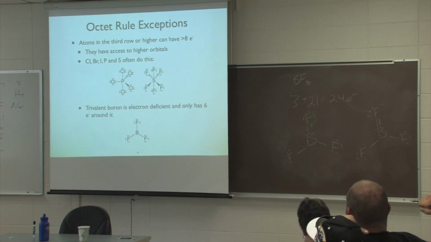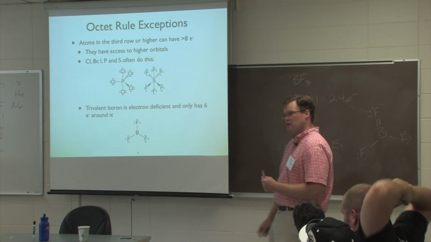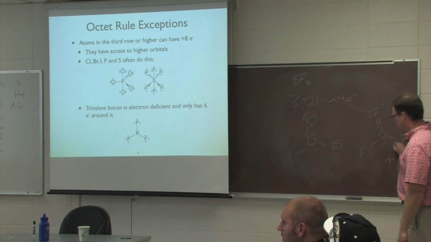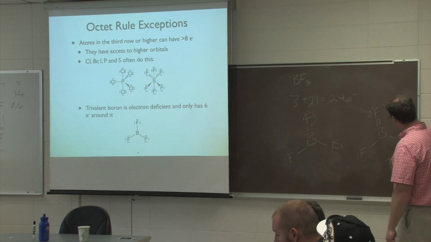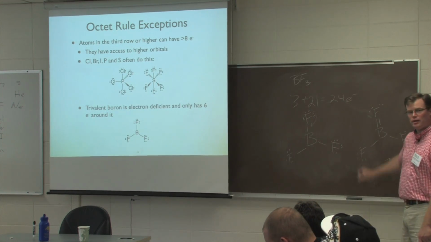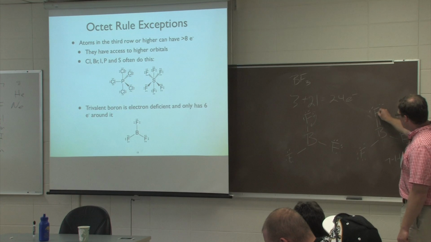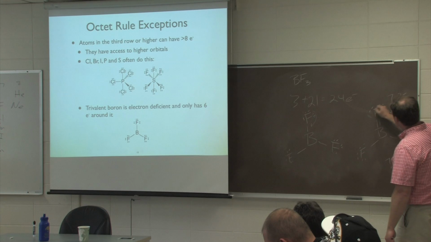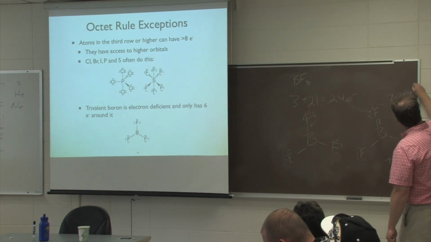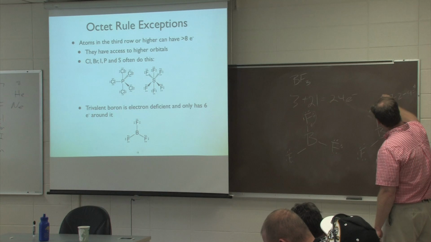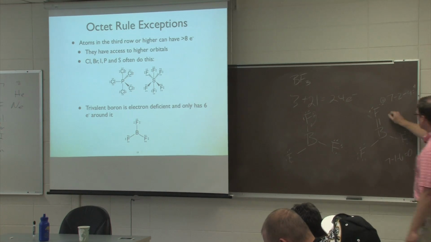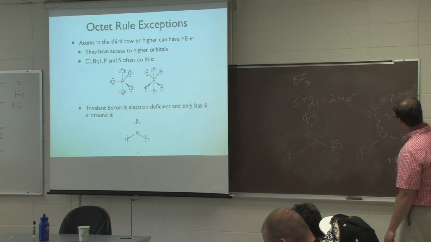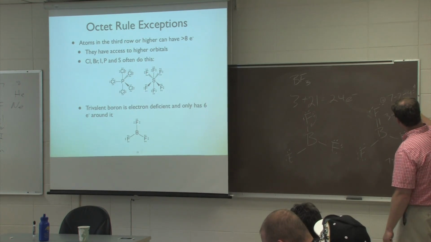Let's calculate the formal charge on this to tell us why this is not right. If we do this fluorine over here, that's group 7 minus half of 2 minus 6. So that's 0. Means this fluorine is probably going to be 0 too. This fluorine here is group 7 minus half of 4, which is 2, minus 4. So that's going to be a plus 1. Boron is in group 3, minus half of 8, so that's 4, minus 0 unshared electrons, so that's going to